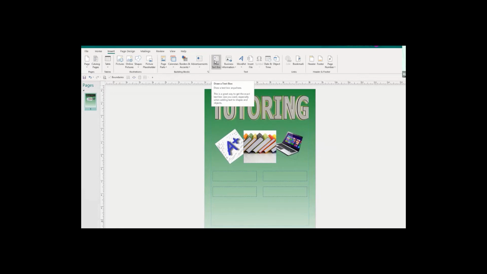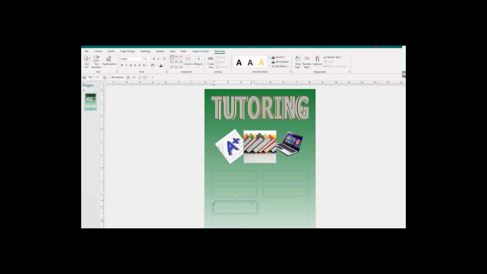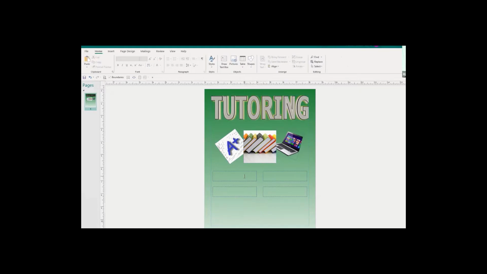And after you click on draw text box, you just get like a cross. So you just gotta click on the canvas down and to the right, and you draw the text box. If you want it identical as mine, the same size, you can, after you finish, click on it, and over here,